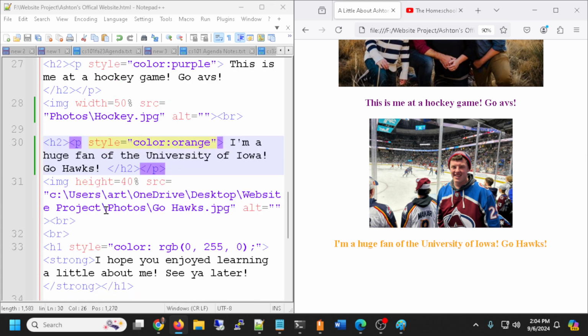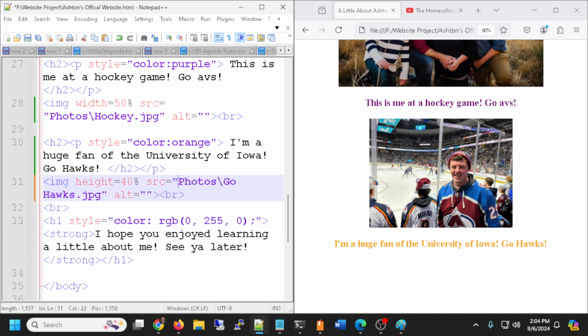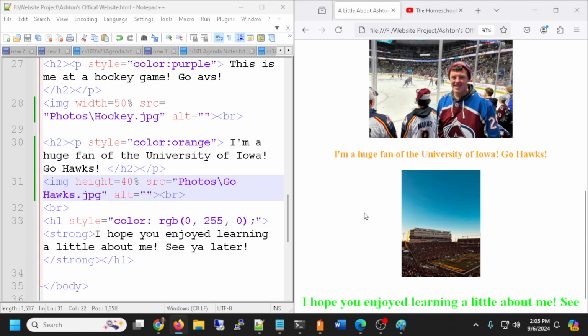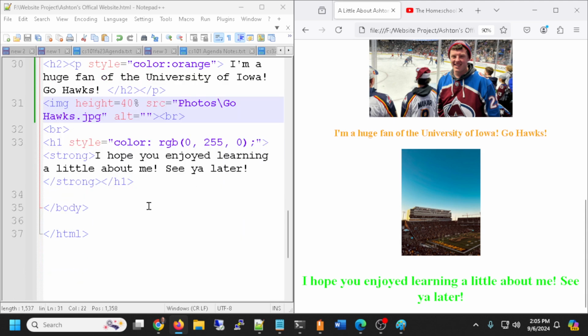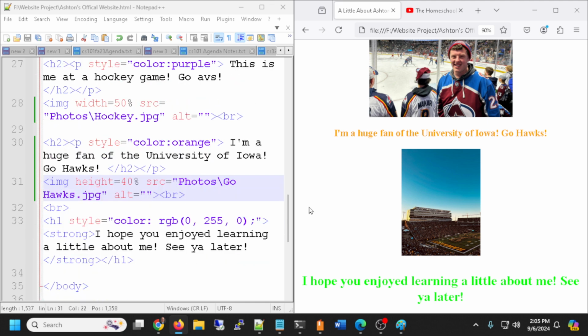So here again, we'll go ahead and fix this image, make it a relative image rather than a hard path. Save and refresh, and now we have that image showing up at a 40% height and preserving the aspect ratio because we didn't specify a particular width. I guess I figured it out there. Yeah. So good job playing with it, and I find as you do something that's kind of fun, you just learn better if you're having fun. So have fun with it, do some fun things, find some images,